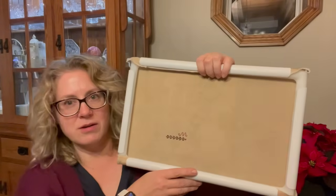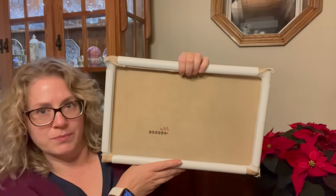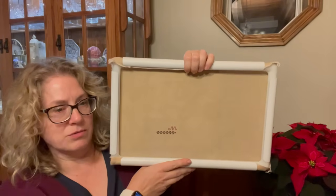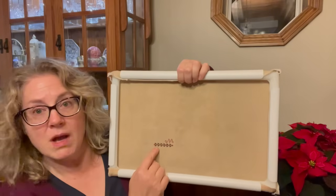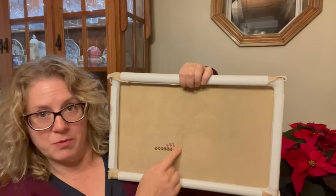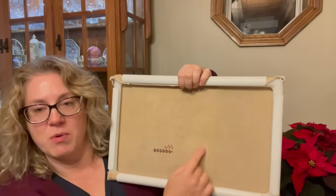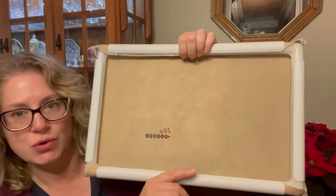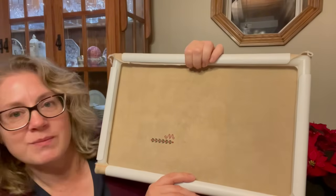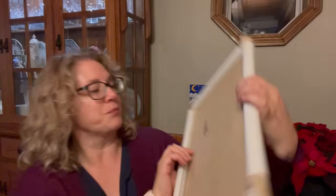So that color is closer to true. And there are 11 berries before the center, and then 11 more on the other side. So as you can see, it's not going to be huge. But isn't it pretty? It's so delicate and pretty. Yeah, I love it. So I'm going to put a few more threads in this tonight,